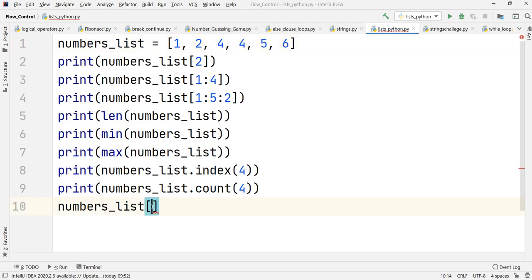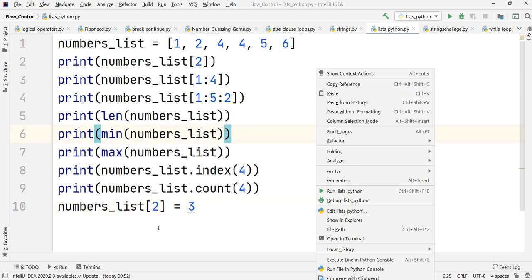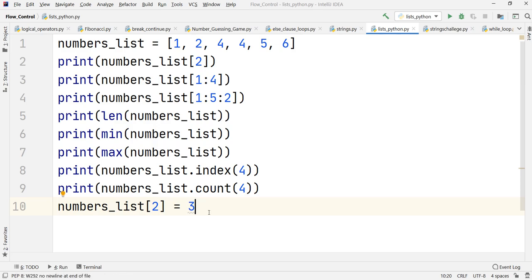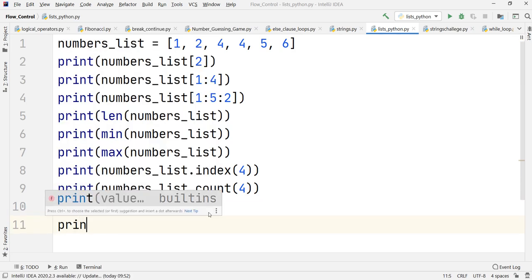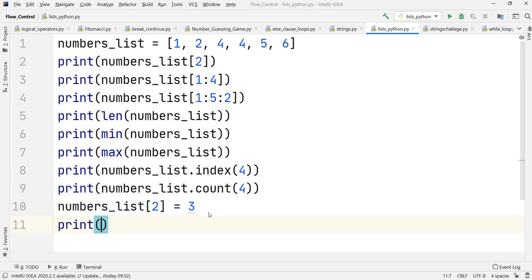So number_list with index value 2, I want to replace it with a value of 3. Now I'll print out my list again to see the effect.